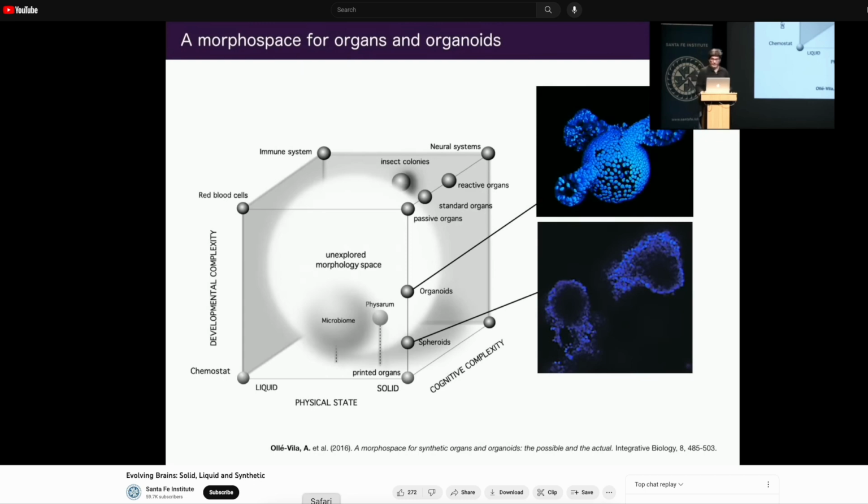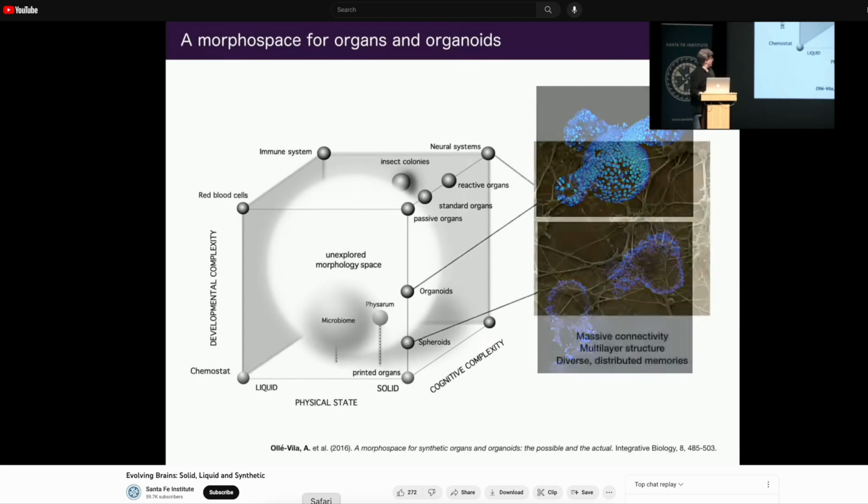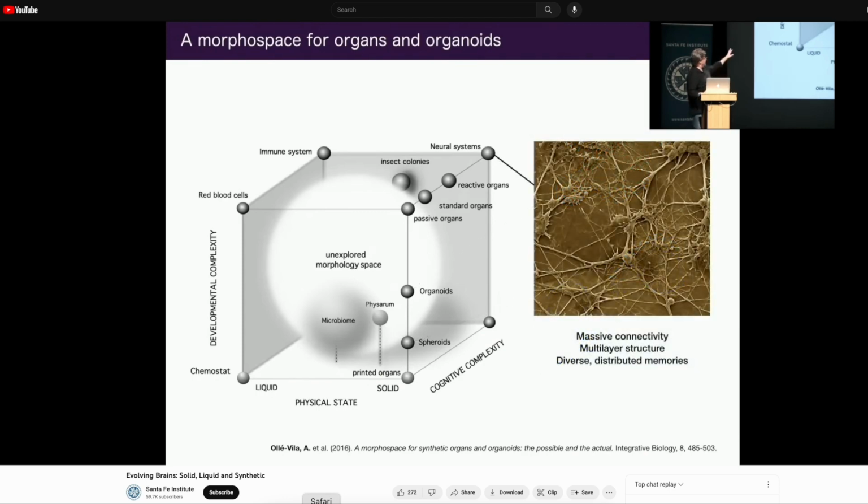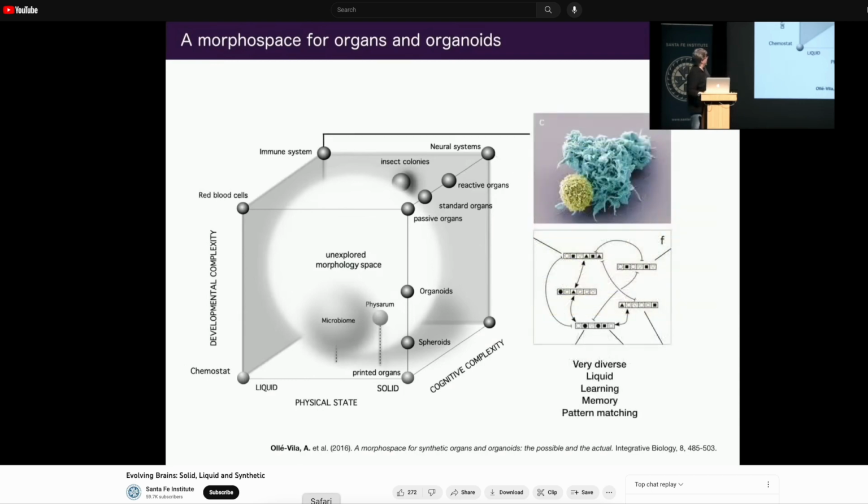This is the artificial part of the story. Organs have a counterpart in bioengineering, which is organoids, right? Which opens the universe of possibilities that we will discuss in the second lecture. Of course, brains, and of course, you can see I put a single sphere here representing all solid neural networks, right? This is an oversimplification. The immune system, which is a system that can learn, where cells can have memories, where collectively you have phenomena that remind us of a brain, right? But they are liquid, they move around, right?